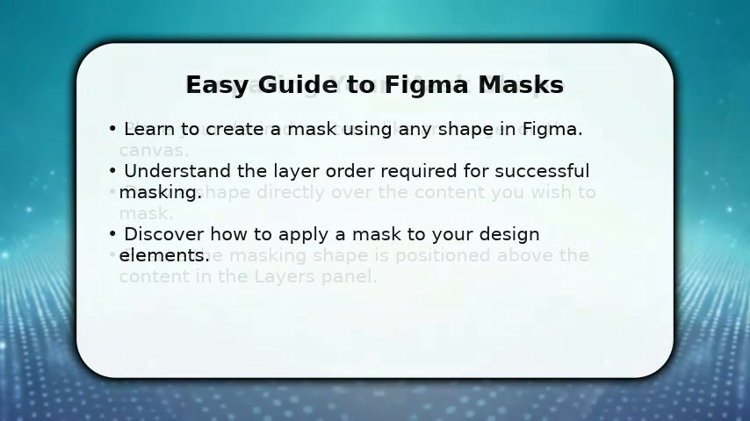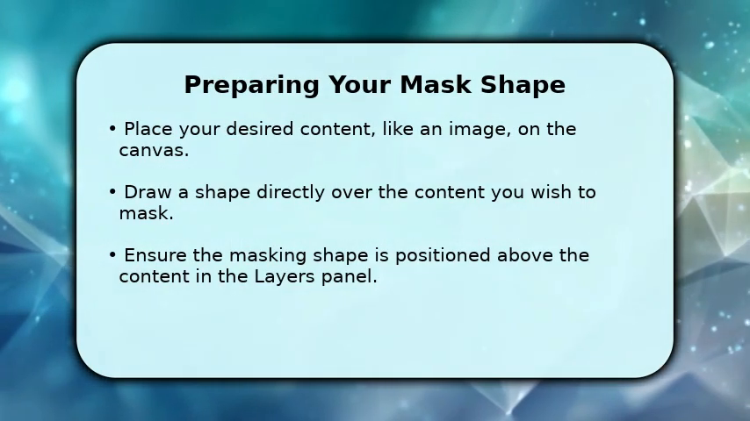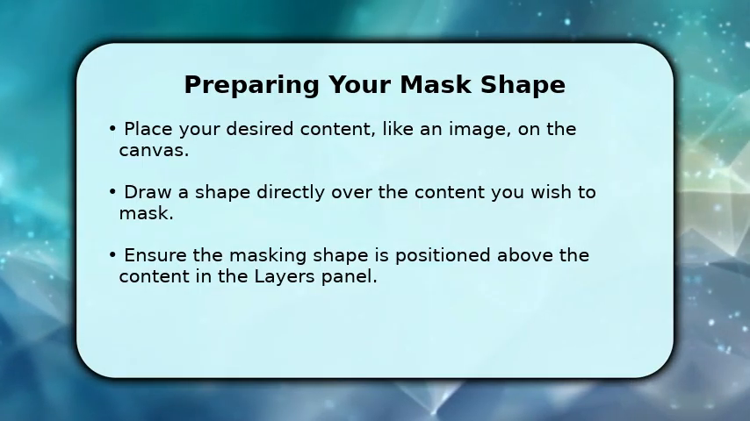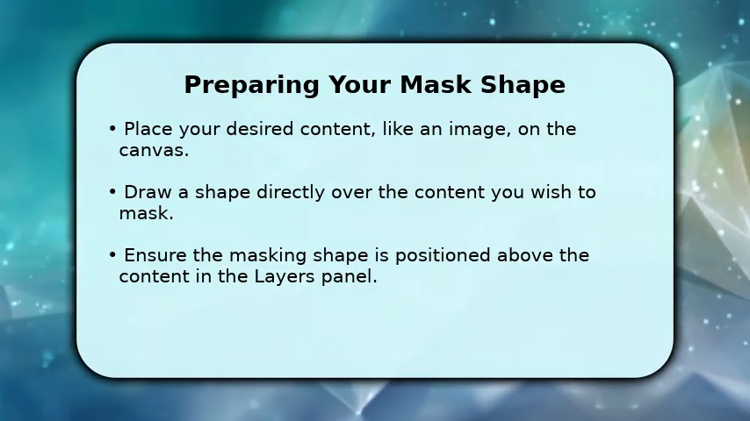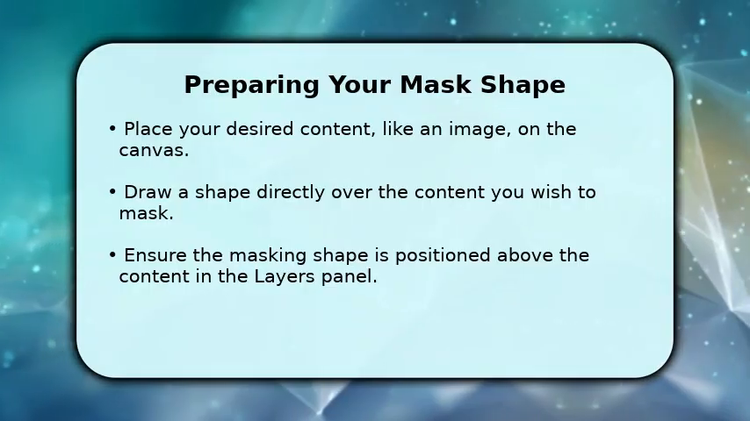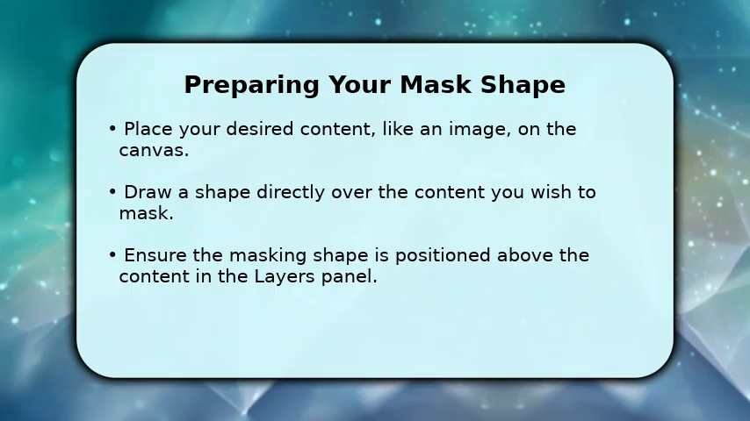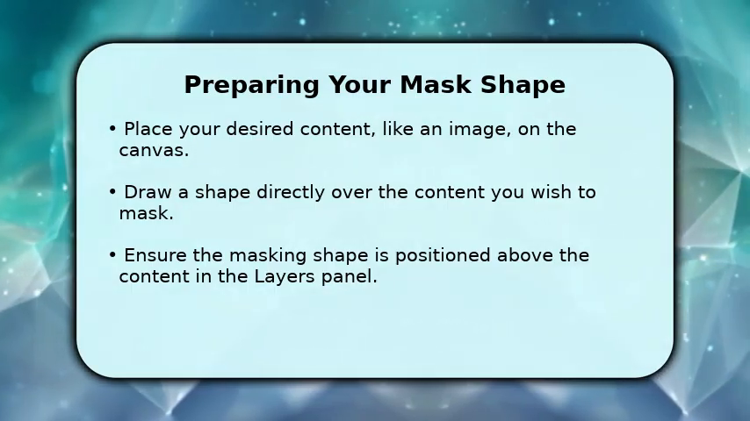professional look. To begin, place the content you want to mask, such as an image or a group of elements, onto your Figma canvas. Next, draw any shape you desire: a circle, a rectangle, or even a custom vector path directly on top of that content. This shape will act as your window. It's crucial that this masking shape is positioned directly above your content in the Layers panel for the masking function